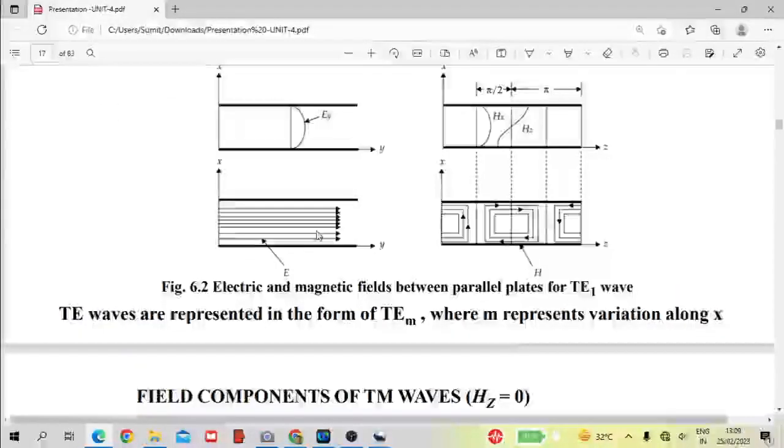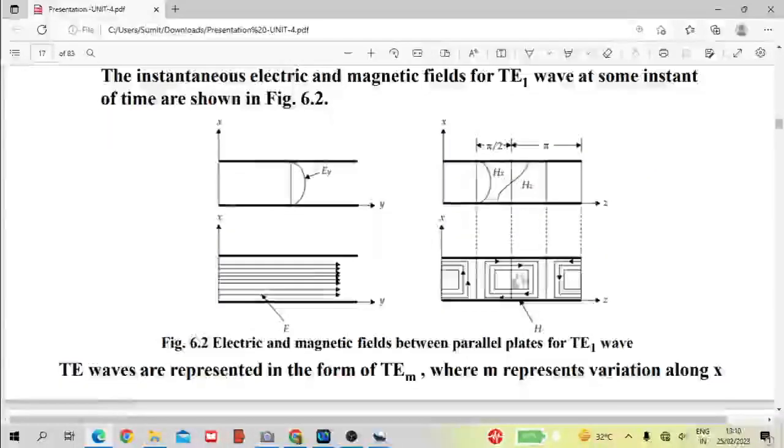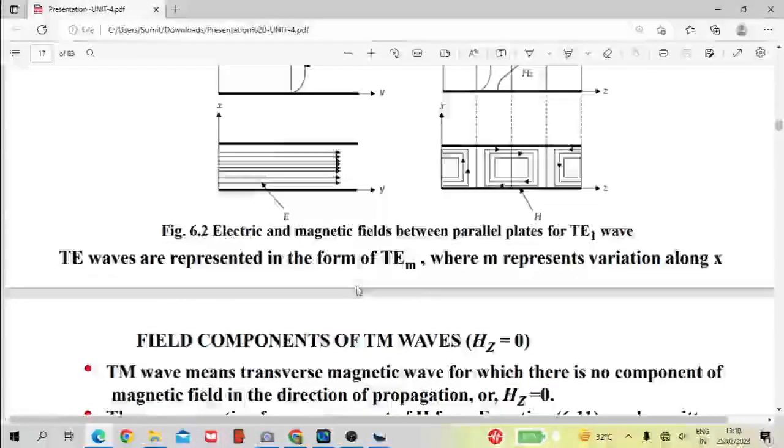In this form also you can represent by means of density of lines. The more the density of lines at the center, the maximum is the amplitude there, and at the side it has to vanish obeying boundary conditions. So see, at the side no lines are there. This is the E field. The corresponding H field you can also see here. If you look from the top, this is the projection. It is encircling the point along the Z direction. Actually this is the E field, so the H field will be perpendicular to that.